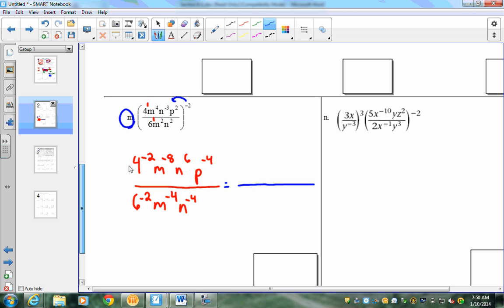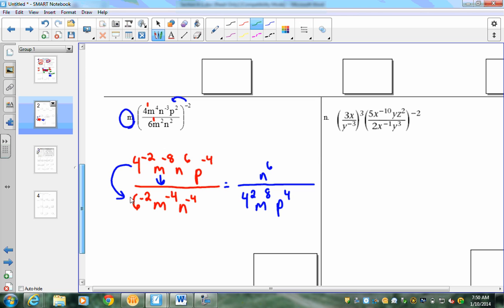Notice that this 4 to the -2 is negative, so it's going to go down. So it'll become now 4 squared. And remember, whenever you flip it, the negative drops off. This m to the -8, we're going to bring this down, m to the 8th power. See this n to the 6th power? It stays. So I'm just going to write it right up here, n to the 6th power, because it's not negative, it stays. And then you have p to the 4th power. Okay? Now let's do the